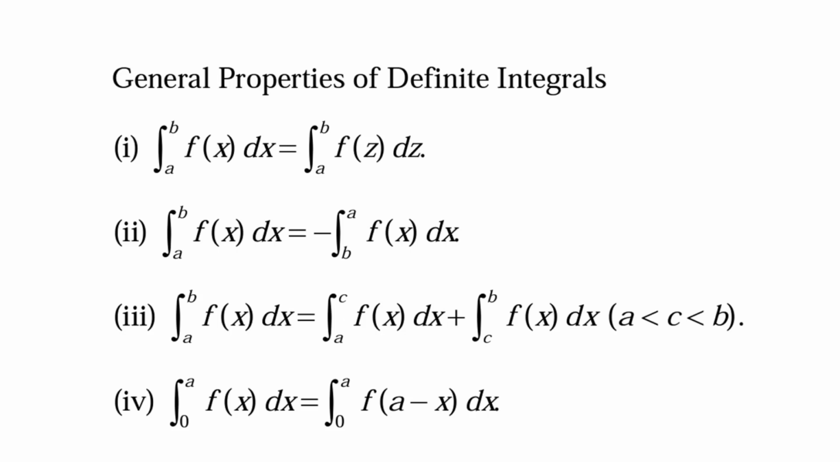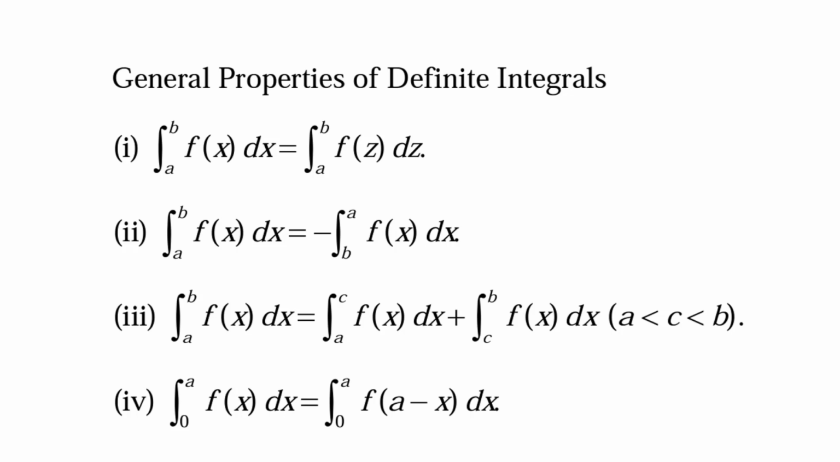In our last few videos, we saw type 1 to type 6. In this video, we will be seeing type 7, which is on limits. So let's get started. Before starting, please pause this video and have a look at these general properties of definite